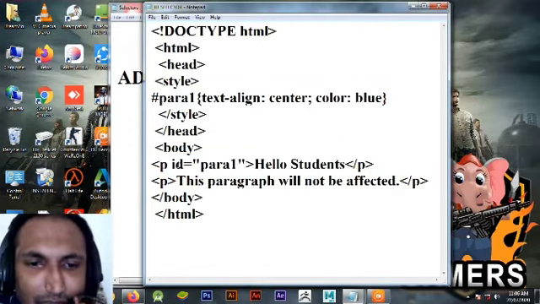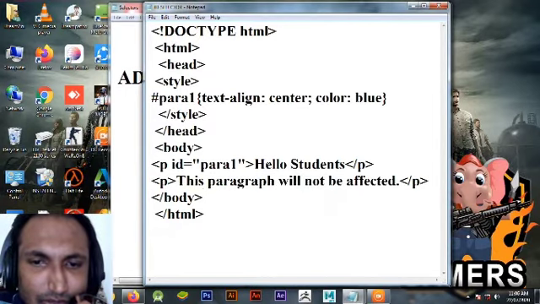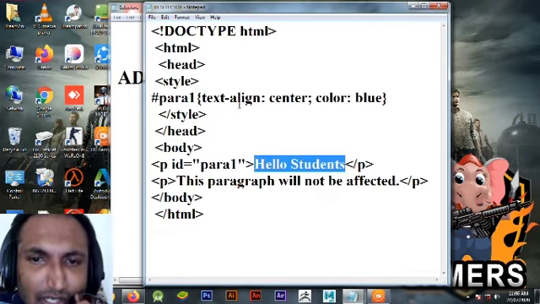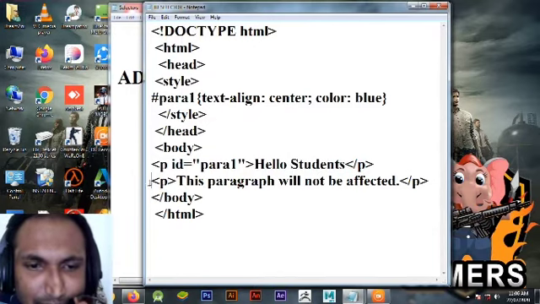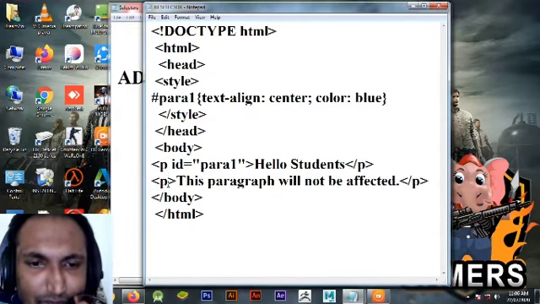Let's see, I have used the ID attribute with the p tag here and without the ID attribute here. So the hello student will get affected by blue color and it will be aligned center, but this p tag will not get affected because the ID attribute is not applied here.